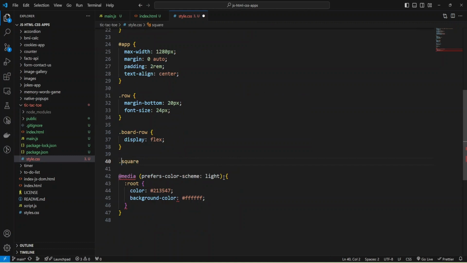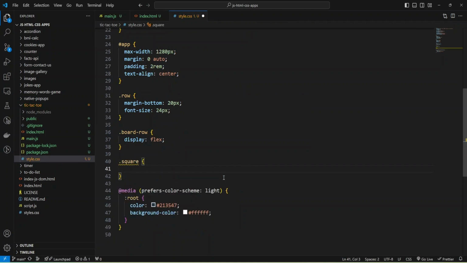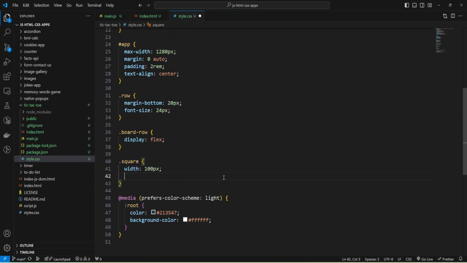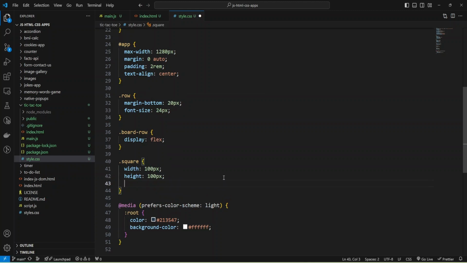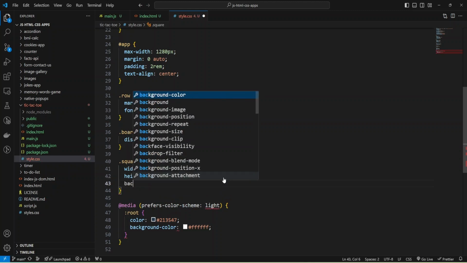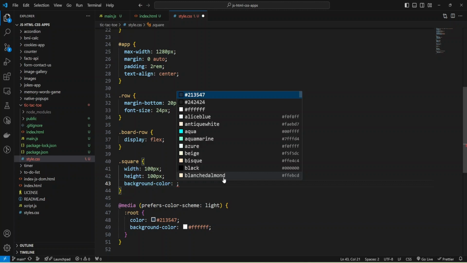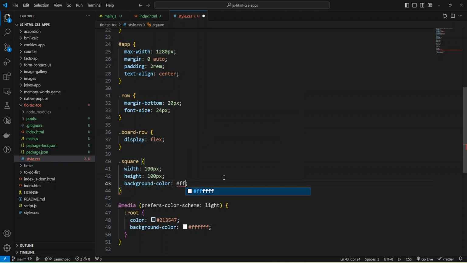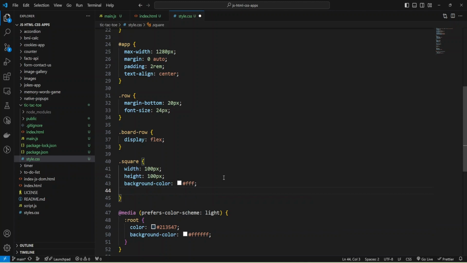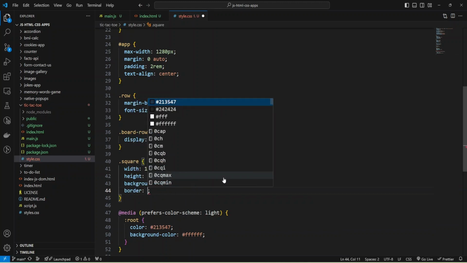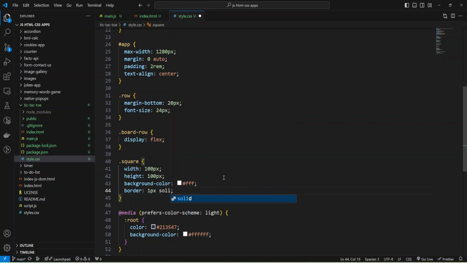And the next styles will be for square, and it's a class. And for square we need to add width, let it be 100 pixels, and also we need height, also 100 pixels, and background color will be white, and I'm going to add some border of 1 pixel, some gray color.